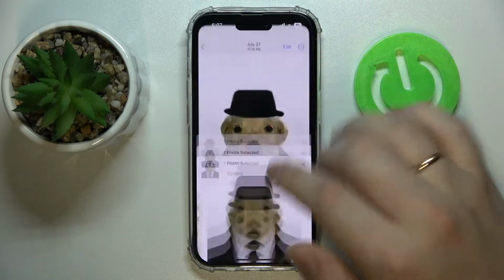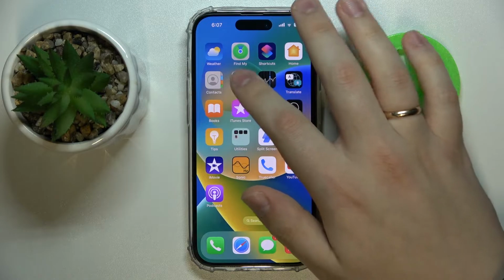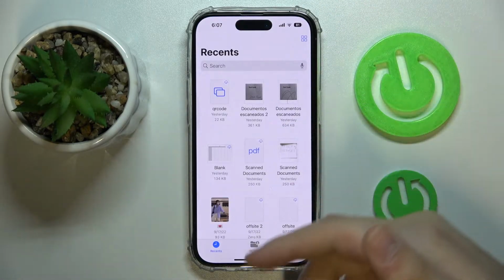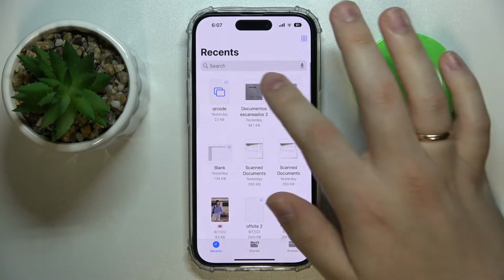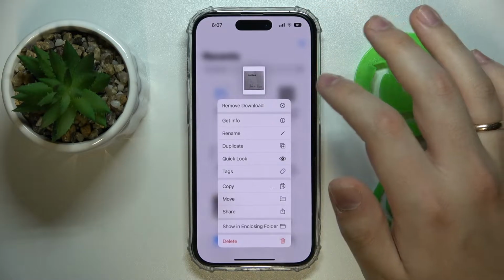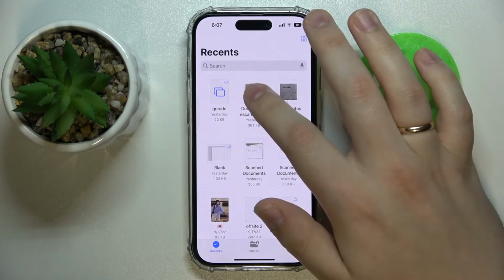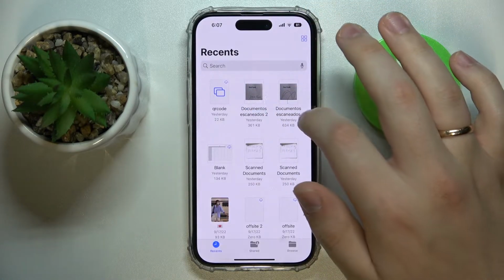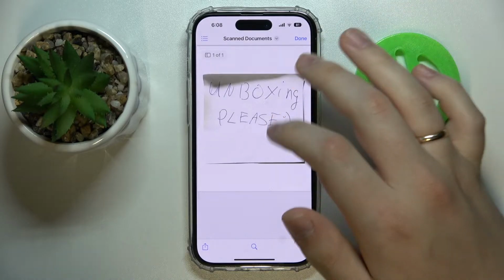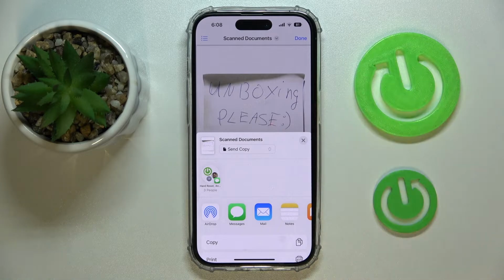When it comes to AirDropping some files or any other stuff not located in the gallery, let's say some documents, in here you've got to also share them, which you can do by either long pressing the preview of the document in the files, or you can also open the document itself, like this one. Let's say share, AirDrop, and then just make sure that the device that you are